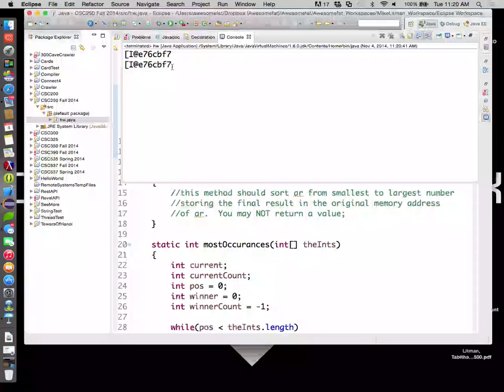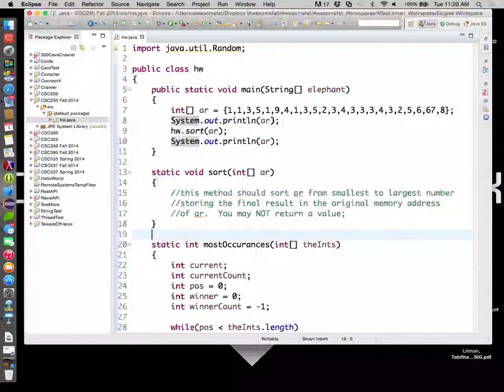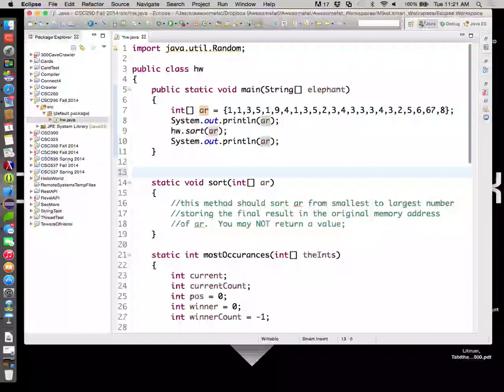But we have an issue. Why is this showing up as a memory address? What does that tell us? AR is what kind of animal? It's an integer array. System.out.println does not know how to display an integer array. So you'll have to write a little method for displaying. It goes through and, with a for loop, displays each integer in that array to prove that you got it right. It knew how to display char arrays. So to display an integer array,